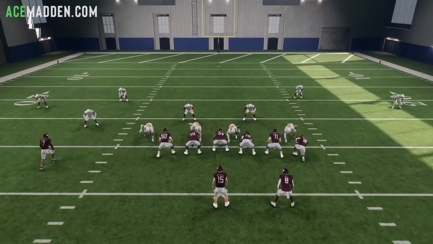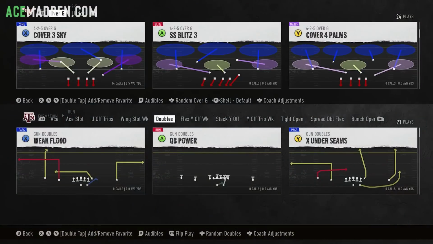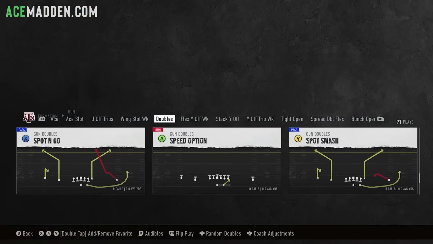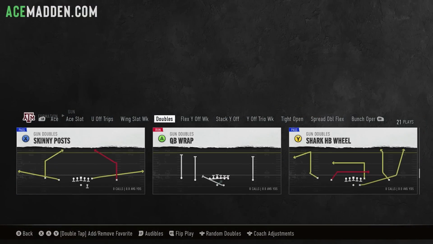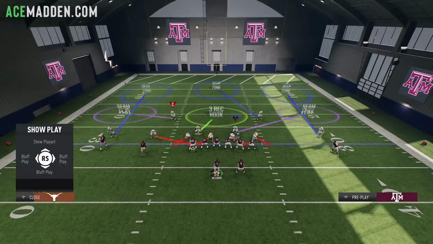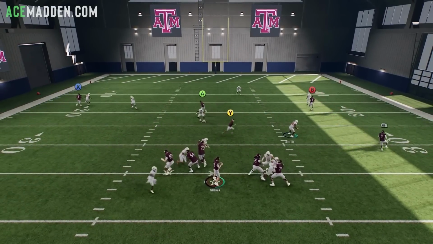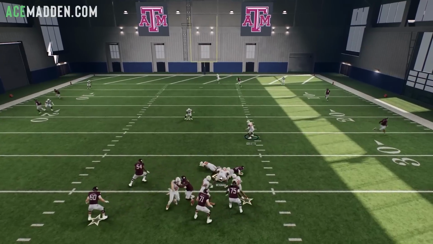Now let's go to cover 3. And the play call for that is going to be SS Blitz 3. And this is a very easy setup. All of you should be able to do this. And just like that. So we kind of took a wide path there for some reason, but we still got